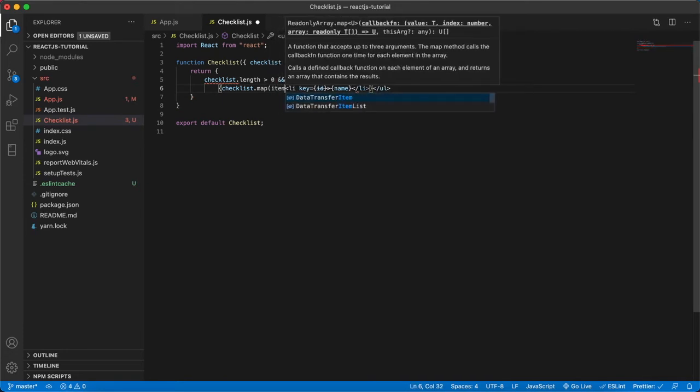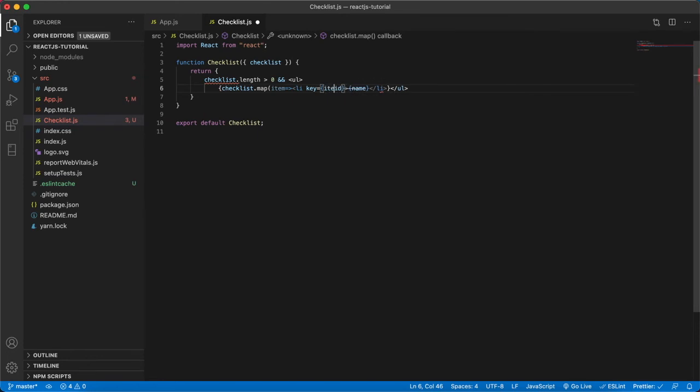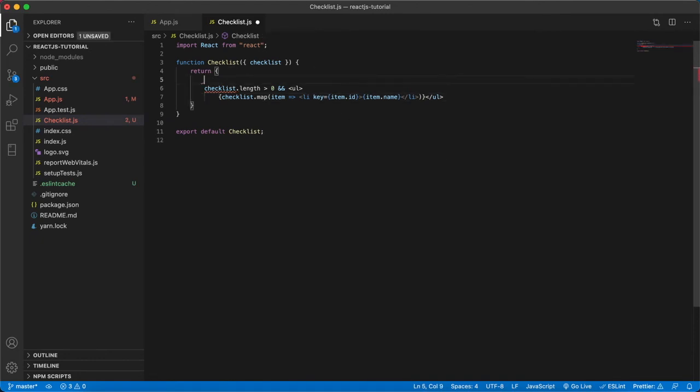So now you have to map through the checklist, because checklist is an array, so you can map through that, and you can have the reference item, and you have to target item dot key, sorry, item dot id, which is a unique element, and item dot name. So key is more important when you go with maps or any iterable components, right? Key is important, so that will be a unique value based on which React will do the diffing algorithm and re-render the component to the screen. So make sure it's always a unique ID, so that React will take care of the re-rendering.